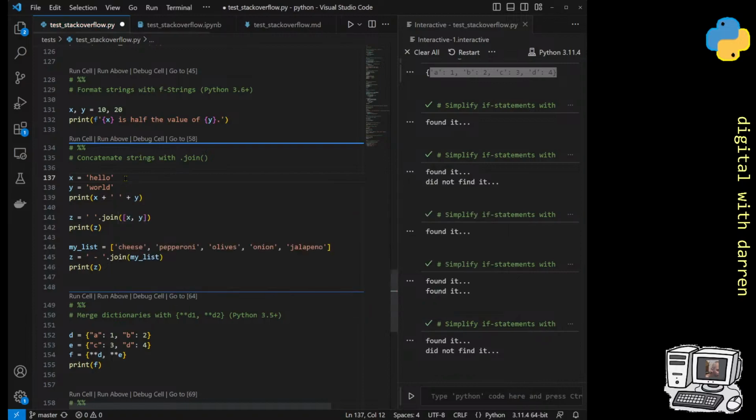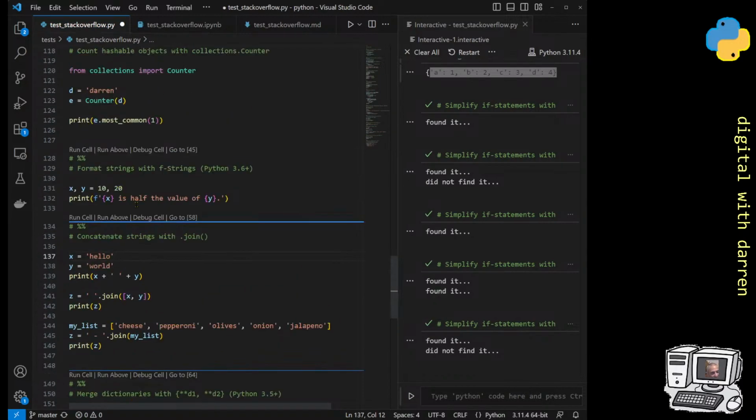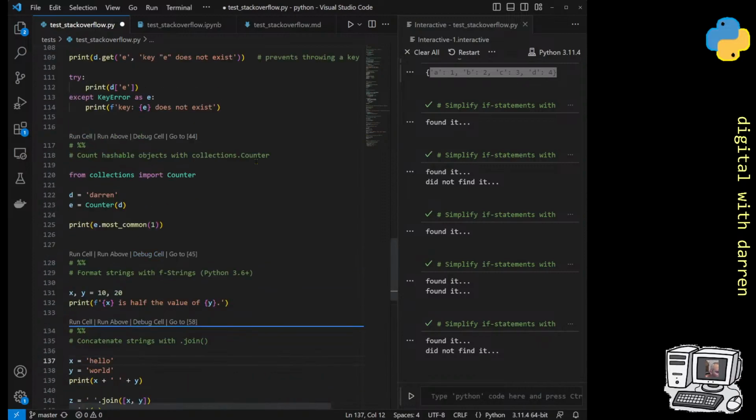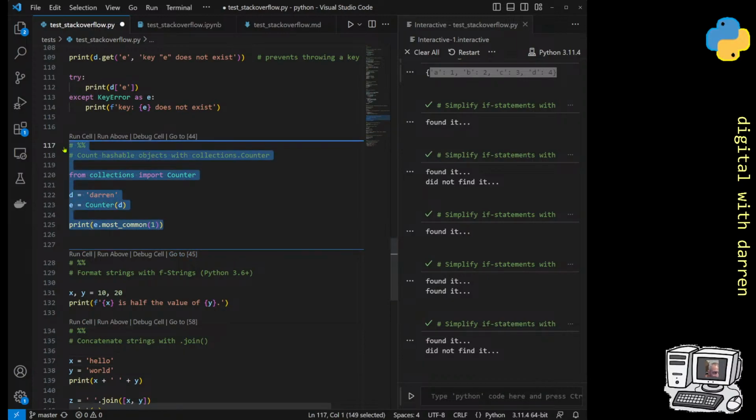Yeah, but anyway, so concatenation. Yeah, but you could use a plus sign. For small things, you'd use a plus sign. You'd use join for bigger stuff, as mentioned. Hashable objects with counter, that can be useful. That can be powerful. There are other ways of doing things. But if you are going to do,